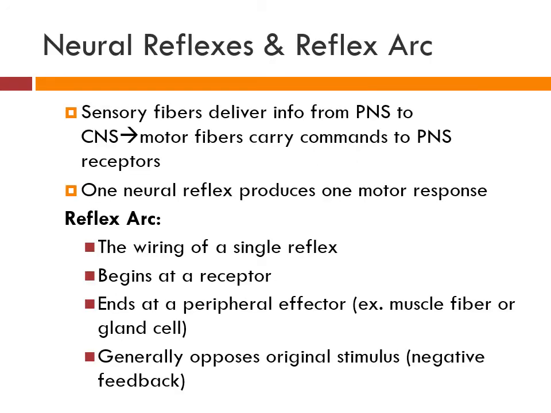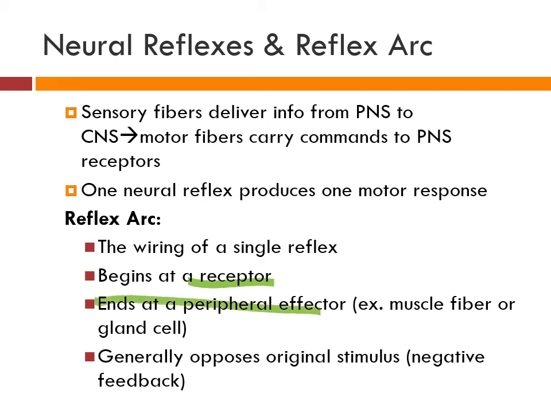So we already know that our sensory information gathers information in the peripheral nervous system and delivers it to the central nervous system, and that motor fibers are going to carry motor commands from the central nervous system to the peripheral nervous system. So one neural reflex produces one motor response. This is called the reflex arc, which is the wiring of a single reflex. It begins at a receptor. That receptor is going to send information to the central nervous system, the central nervous system is going to issue a motor command,